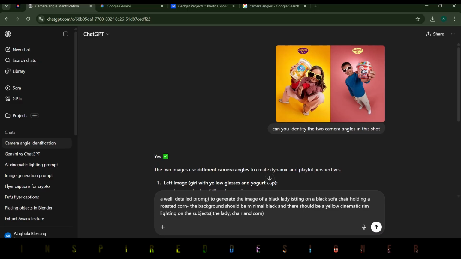So now you say a well-detailed prompt to generate the image of a black lady sitting. Now, most of the times you have to specify your camera angle. You can say that okay, the camera angle should be a low angle, but most of the time I don't put it in my prompt. You can actually do it this way, but the way I do my own is that I'm not going to create a well-detailed prompt to generate the image